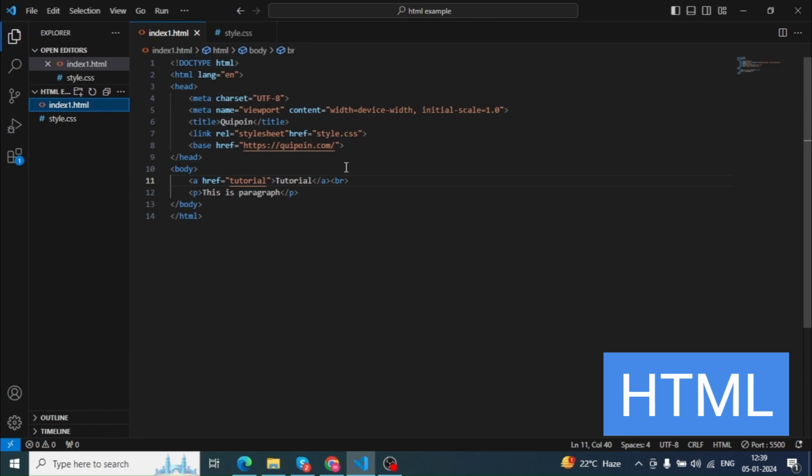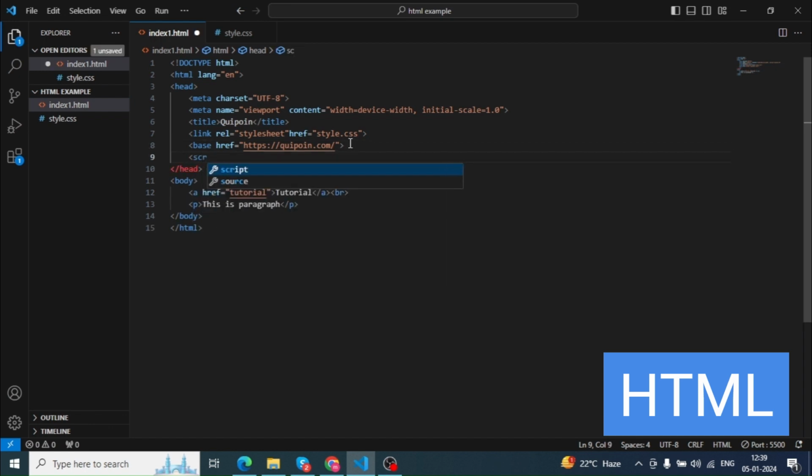Next is the script element. Here, the script element is used to add an external JavaScript file to the current page. We will discuss CSS and JavaScript in the upcoming classes.